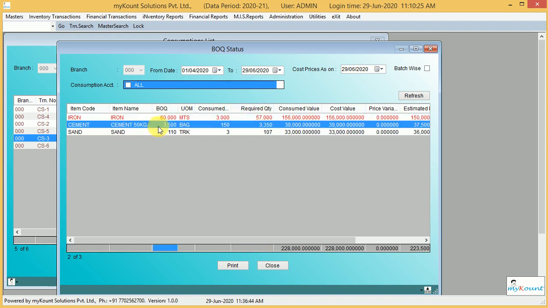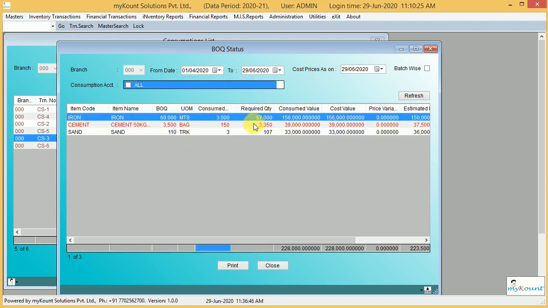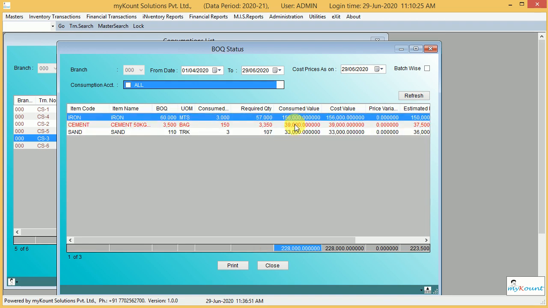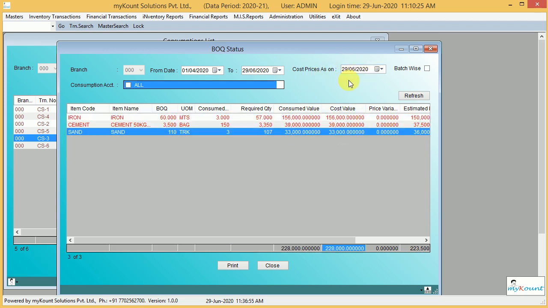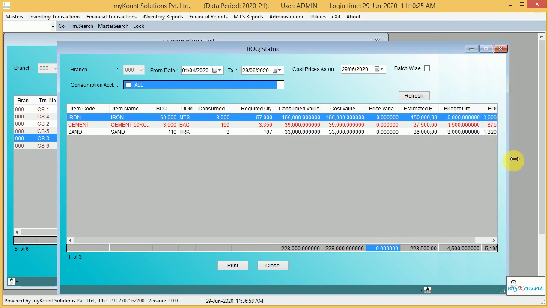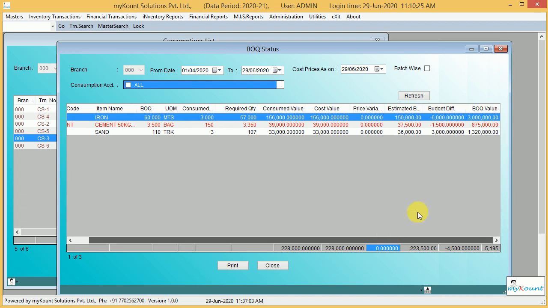Here you see this is BOQ quantity, consumed quantity and required quantity. This is consumed value. So this is based on consumption date. This is cost value based on the cost price as on. Price variation is nothing but the difference between consumed time and cost price time.